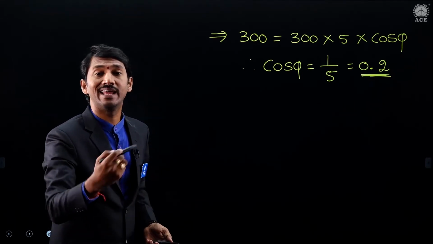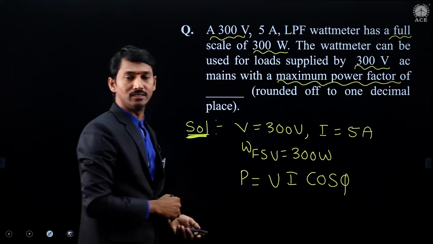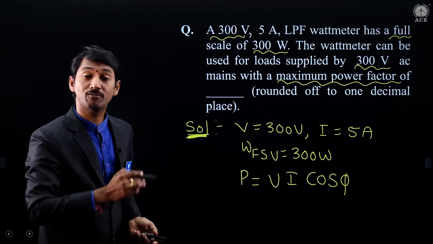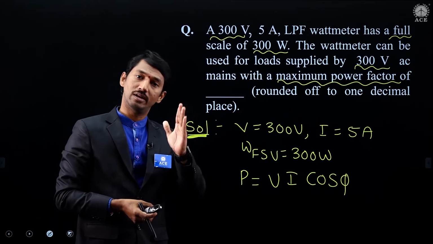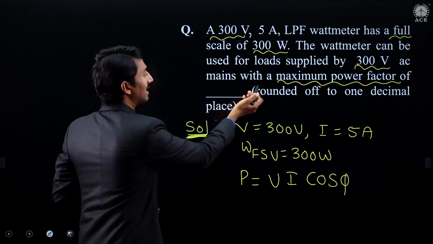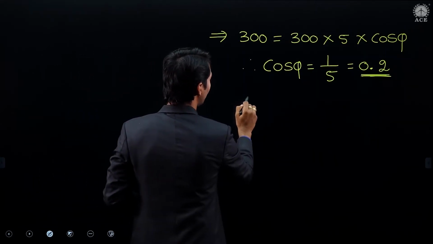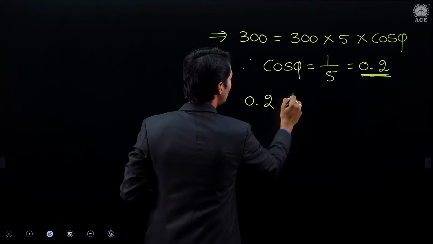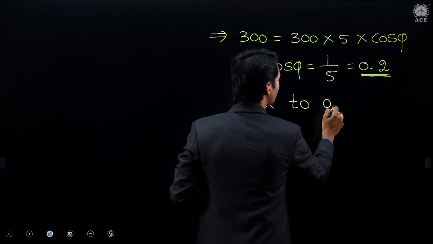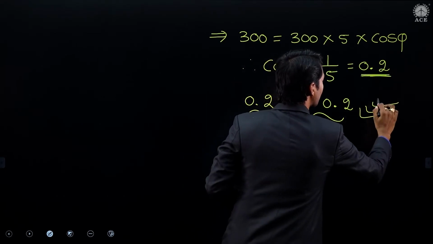But what is the analysis here is, sir, in this low power factor, 0.2 is a value. But from where to where? 0.22 lagging side, 0.22 leading side is the maximum value of power factor. That's why what we can write here is, answer is 0.22 to 0.22. Either side, 0.22 to 0.22 is the answer.